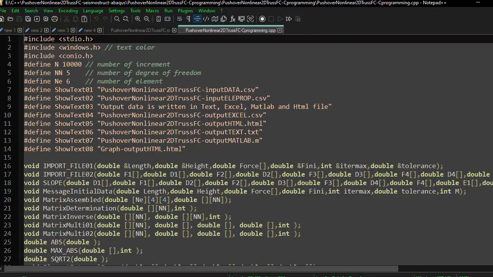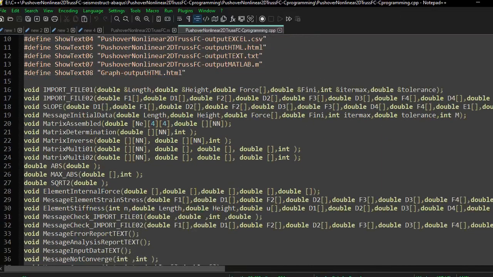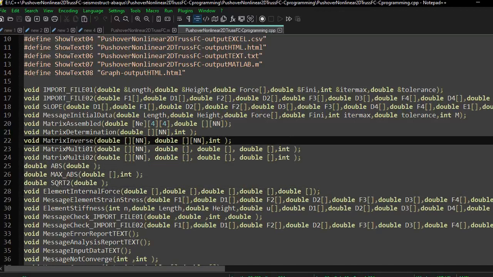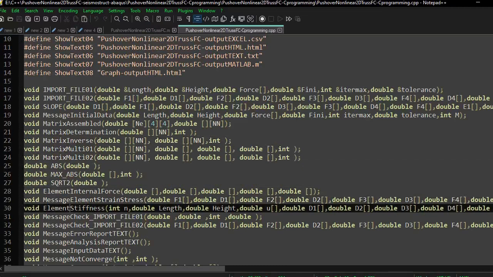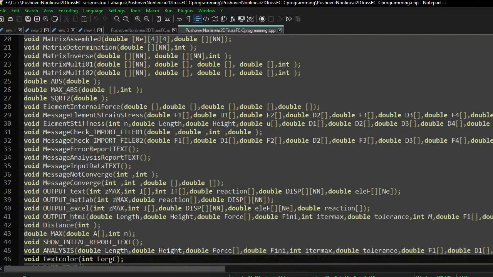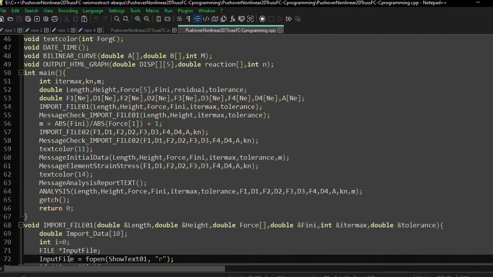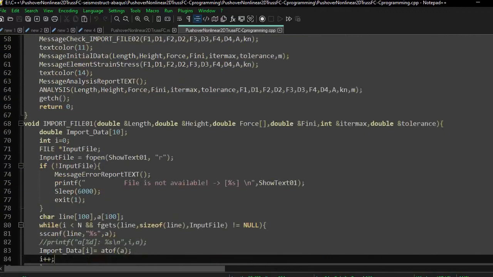So we can have here our C code. You see I defined many functions for inputting data: length, height, force, initial force, iterations, tolerance, importing data of each stress and strain relations of these elements, and for example, for solving our matrix problems, for inversing matrix, for internal forces, for all types of functions, I defined many void functions. You see in here